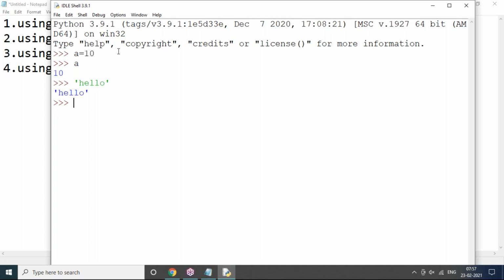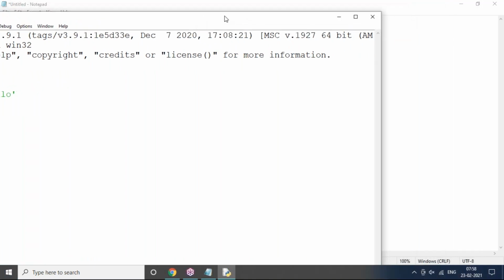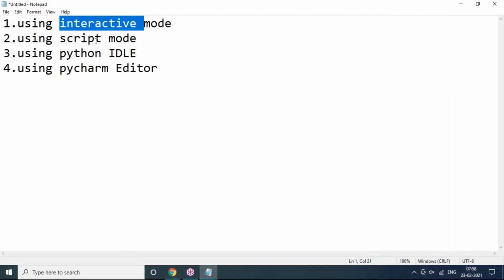But sir, later I need to prepare my total script and save it somewhere. Then, if you would like to execute it later, you can go for Notepad or any script mode option. You can write as much code as you want, save it with .py, and load it whenever it is required. That script is already a saved file, so you can load it again and again in script mode. Or else you can use Python IDLE directly while creating files. All the modes are the same.